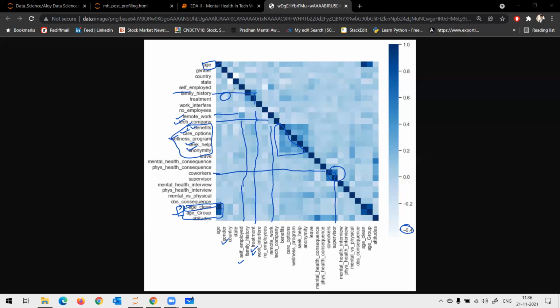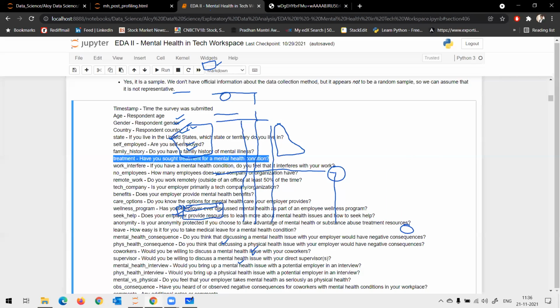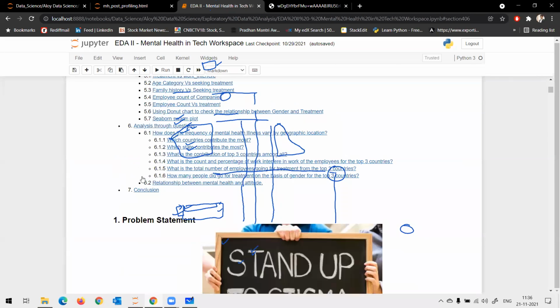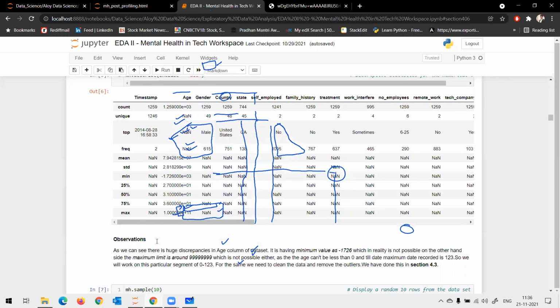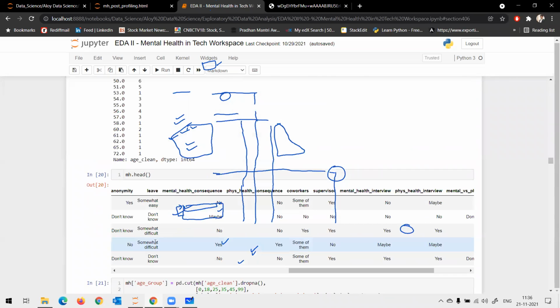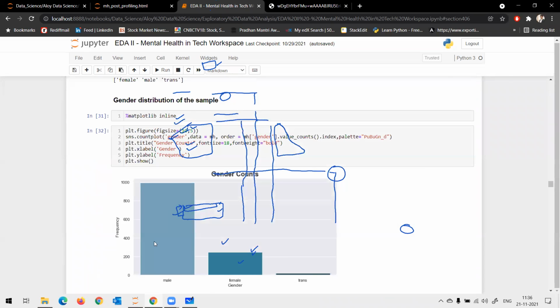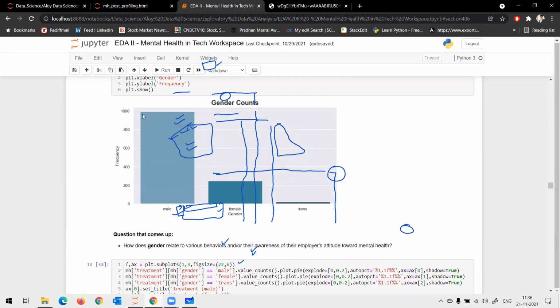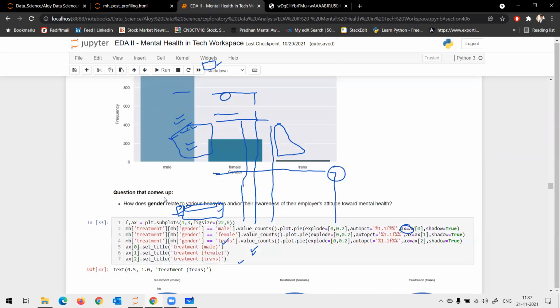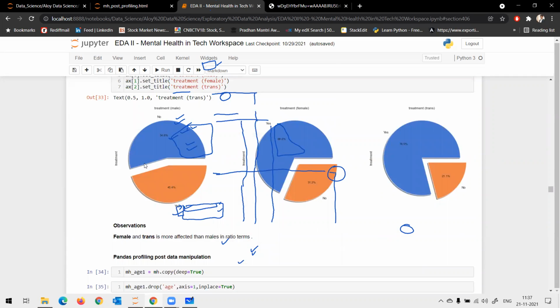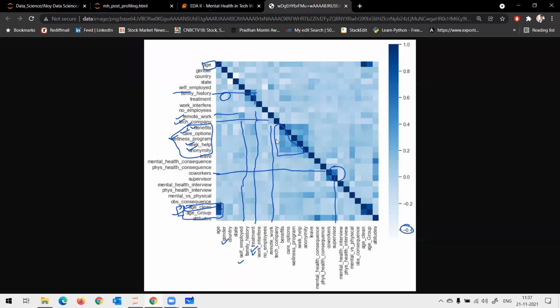Any idea why? Because when we saw the gender distribution, it was more of the male gender. And do males go for treatment? Maximum males do not go for treatment, and that is why you have a negative correlation between your gender and treatment. Correct? Are you guys with me?